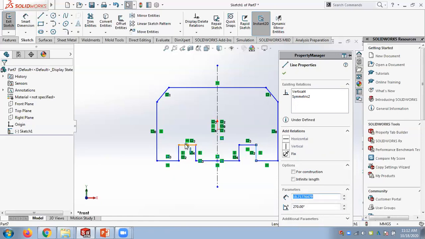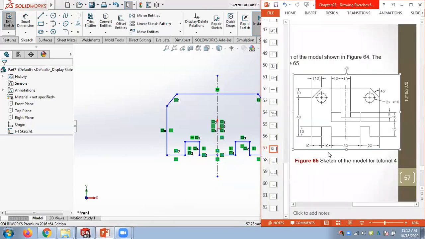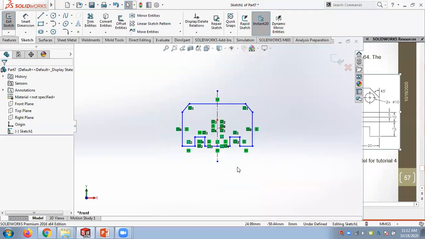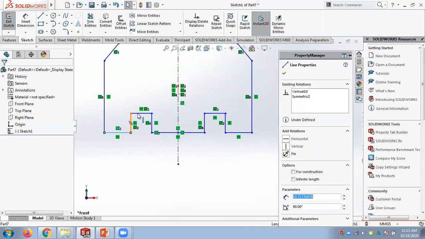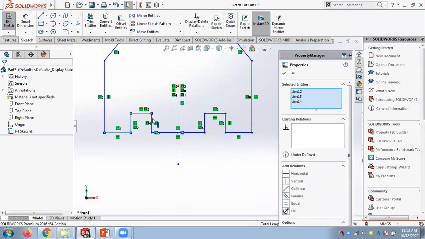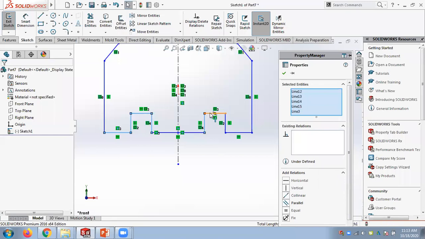So I don't need to give equal here even because its symmetricity is given. So if you are not sure, you can give the equal also. So this one is 10, height is 10, this is 10. So all these are 10. So I can give that equal relation for everyone. So this is equal to this one, equals to this one, equals to this one. So since the symmetricity is there, you don't need to select this, but I will give it. You don't need to select this side.